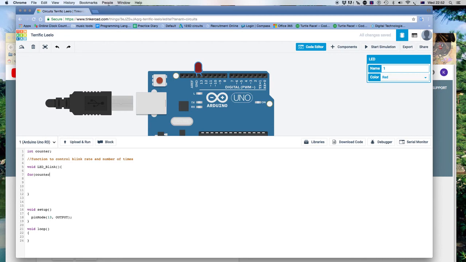Because we've actually told it it's going to be an integer, I don't really have to declare it as an integer here. I can go counter equals 0. I would then say, as long as counter is less than 3, and the other thing I want to be able to control is that the counter is going to increment 1 each time. So there are the conditions of my for loop, and then I'm going to create my loop in here. So you'll notice I've actually got a loop inside of a function. What I want to happen here is I'm going to then say